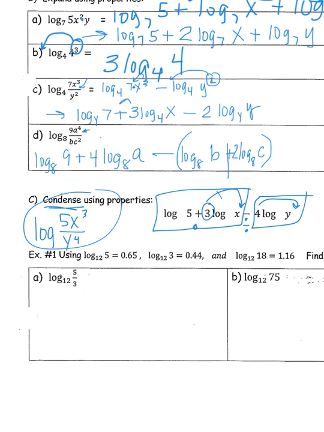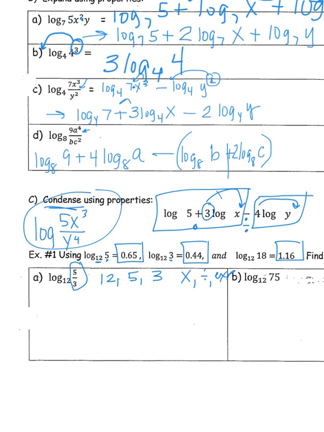Okay, so here's the fun part we did not get to today. Okay, on this one, we're going to be using these numbers up here in the very end. Okay, so I have rounded them to the 2nd decimal place. We usually use 4. We just rounded these. So there are 3 numbers you're going to use. You're going to use the number 12, the number 5, and the number 3. So using 12s, 5s, and 3s, we're going to use multiplication, division, and exponents to come up with this part